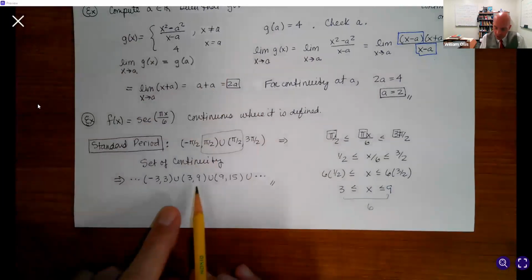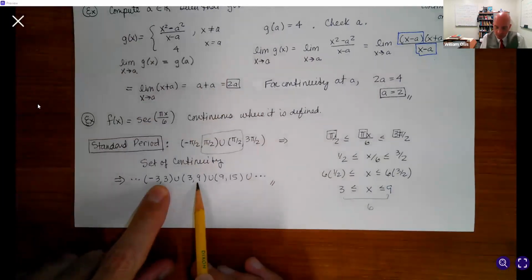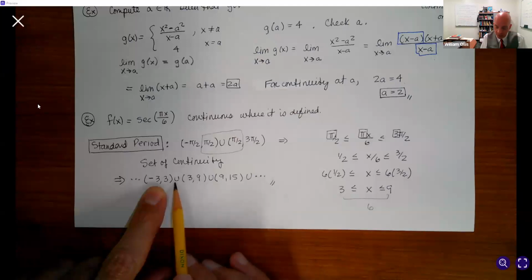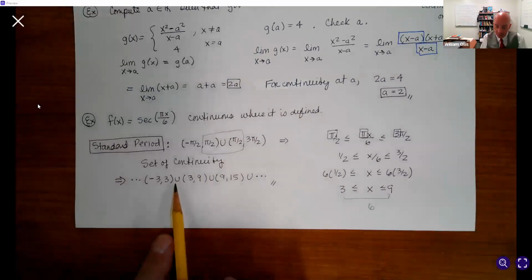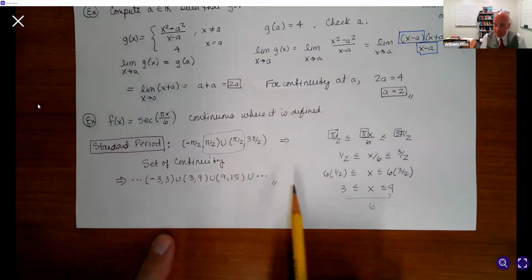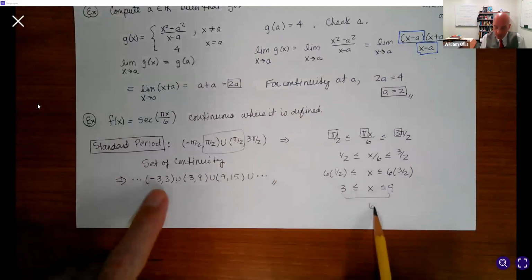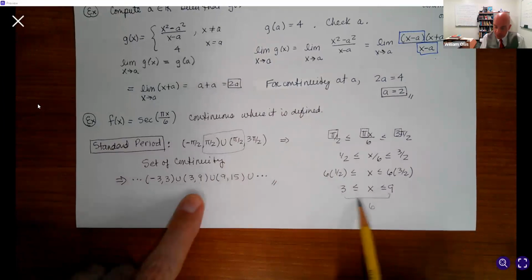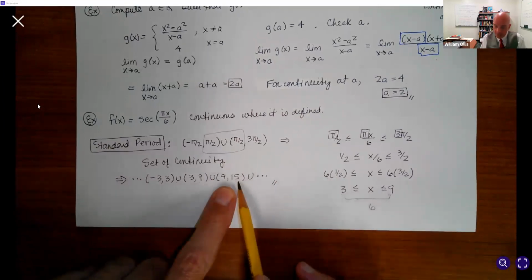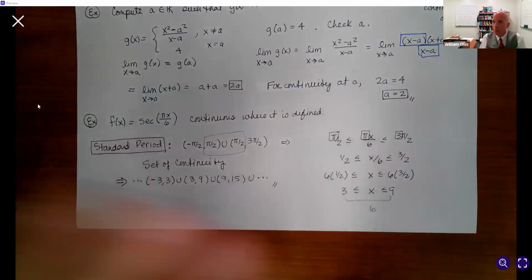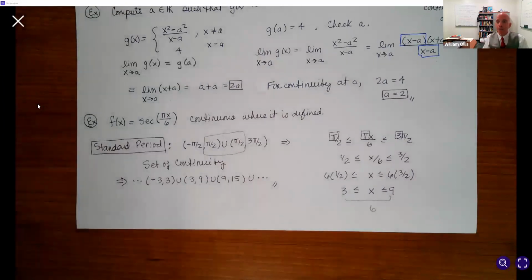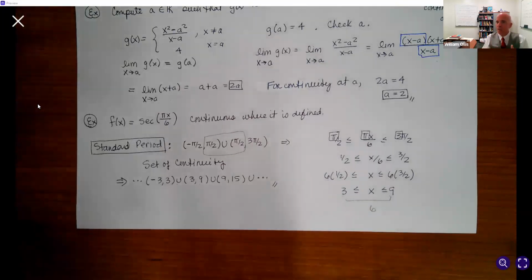So now you think you just do 3 to 9, and then you bump down another 3, but of course leaving out the 3 using the fact of the existence of vertical asymptotes, which now get shifted. Now we have asymptotes at 3, 9, 15, etc. But now you've got a length of 6, so we can just do -3 to 3, 3 to 9, and then do another 6, 9 to 15, and then 15 to 21, and then 21 to 27, go on forever. So the idea here is that this doesn't have anything to do except with the construct that